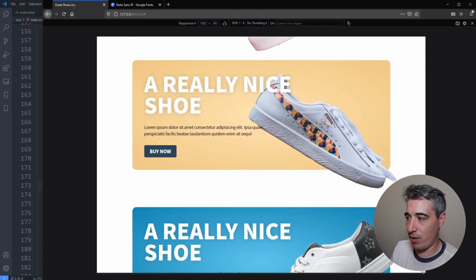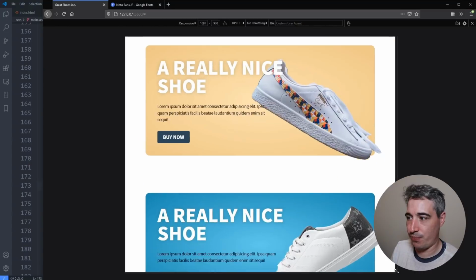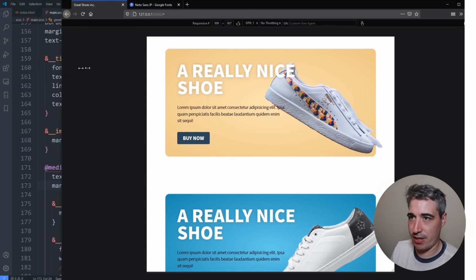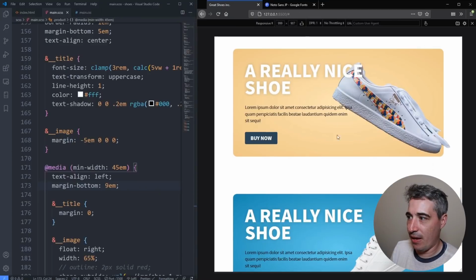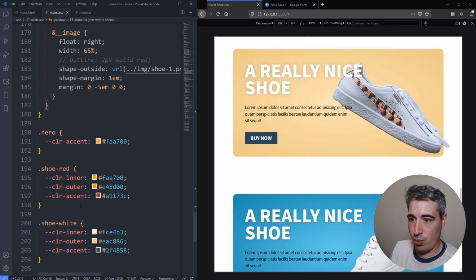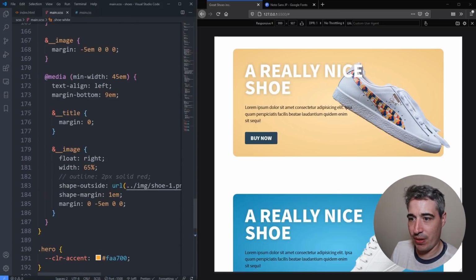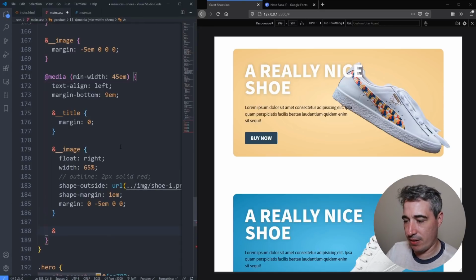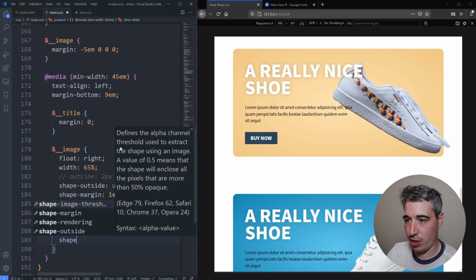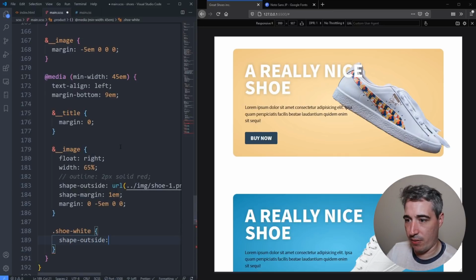So for this one, we will have to alter it a little bit. We can leave that at a larger screen size, but we'll want to shrink this down. That one was my shoe white. This is where maybe it should have been shoe 1, shoe 2, shoe 3. I'm not sure. But we're going to stay inside my media query. I don't mind that this is nested, shoe white. We're just raising the specificity a little bit. But that's fine. And we'll do a shape outside of url